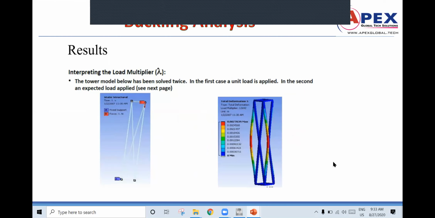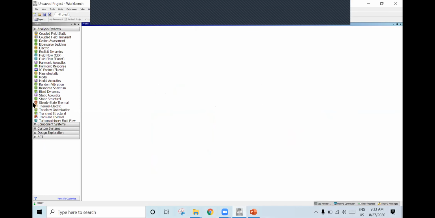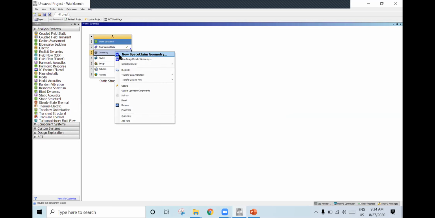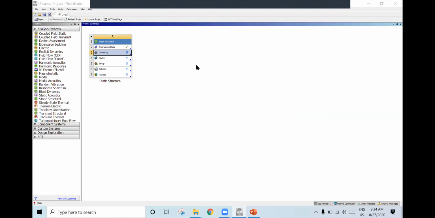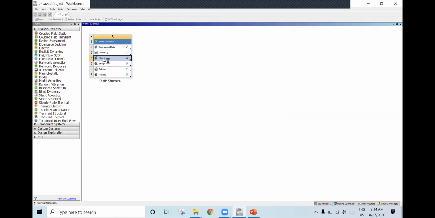So again, we'll come back to ANSYS. Initially, you need to perform a static structural analysis first, to do buckling analysis. Go to static structural, go to geometry, right click, import geometry, browse, and I will select the connecting rod. Then double click it.